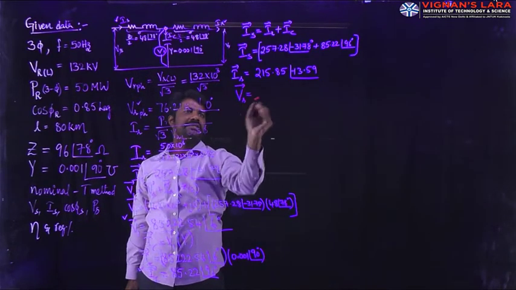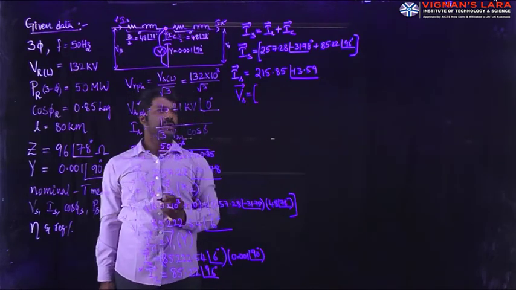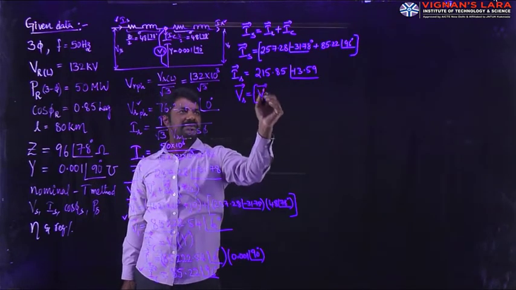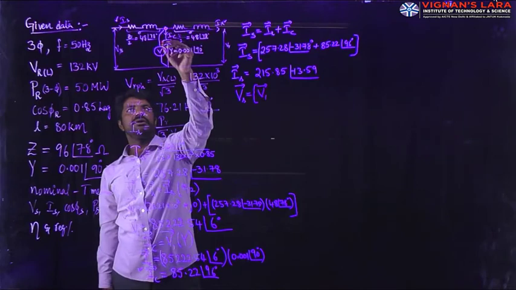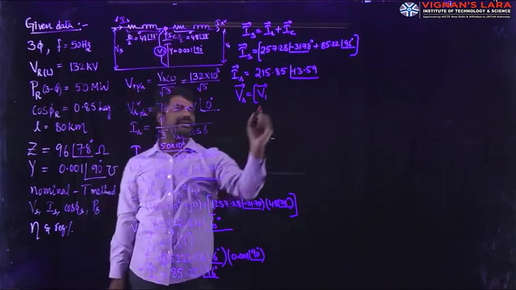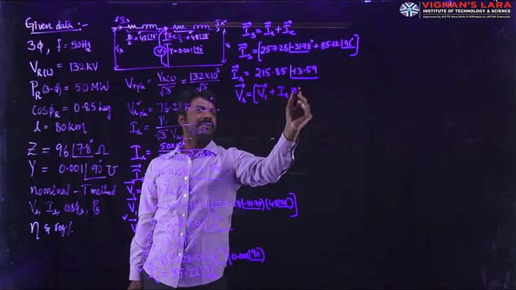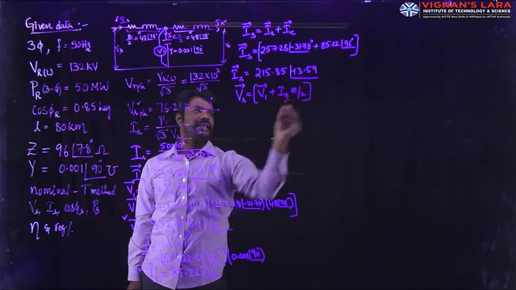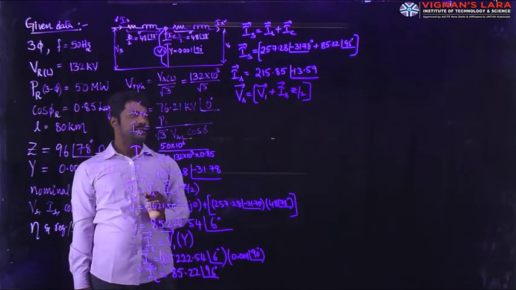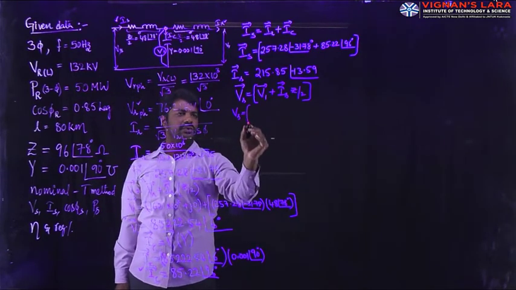So what is Vs? It is also a phasor, which is equal to, as per KVL, the voltage across the capacitor V1, which is a phasor. This V1 should be added to the drop existing on the sending end side. What is the drop? It carries a current of IS against an impedance of Z by 2. The current is a phasor anyhow. So substituting the values, we get Vs is equal to the voltage V1,